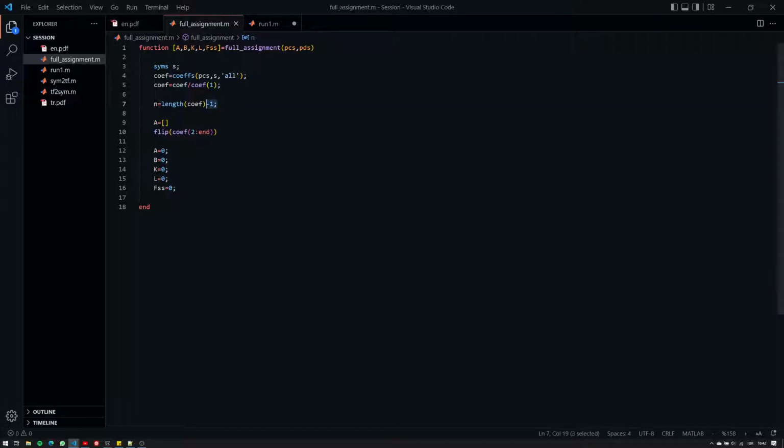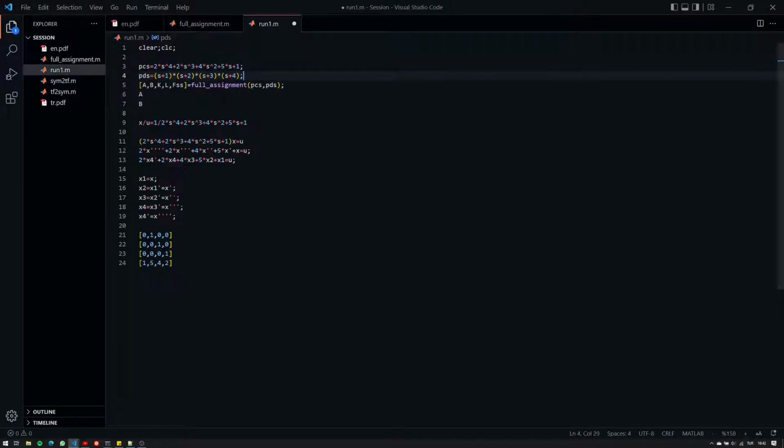Therefore, I'm subtracting 1 in order to recover what the order is. Now I have n, and I know that in this example I can see that if it's a square matrix, it will be n by n, but I know that there will be zeros in this column here specifically, so there will be n minus 1 zeros in this column, and then I will have n minus 1 by basically n minus 1